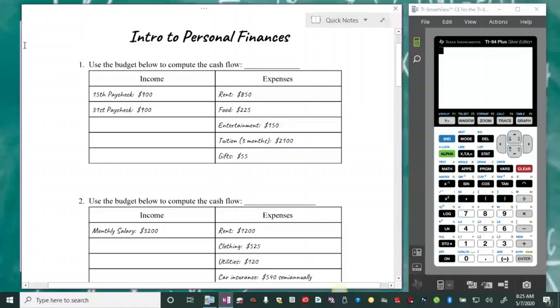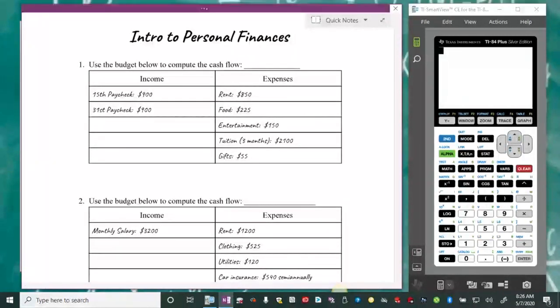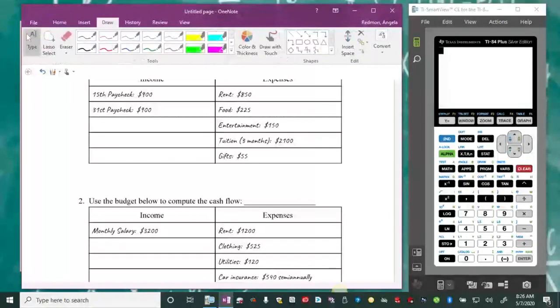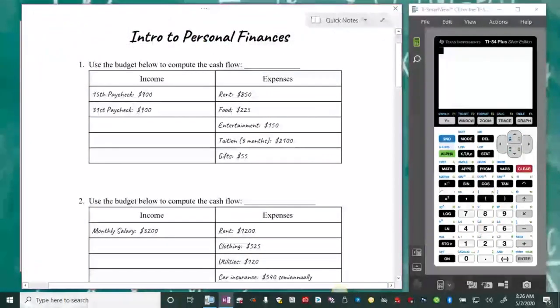We're going to work through some skills for managing your personal finances. The very first one is doing a cash flow from this budget. So we already have a budget here that's created. Let me go ahead and grab my blue pen. We know that cash flow is income minus expenses. We want to make sure that everything, because we're looking for a monthly cash flow, is in terms